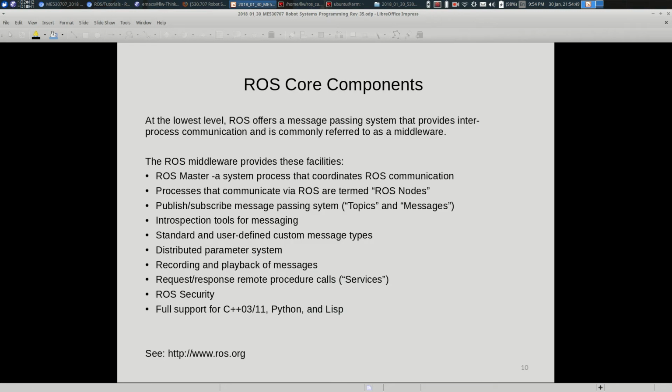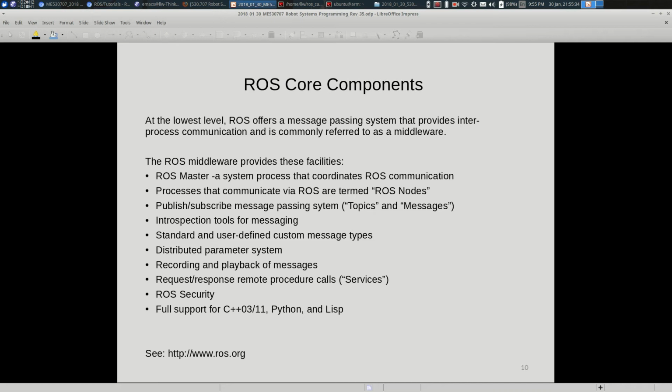So what is ROS? ROS is a middleware. It's not really an operating system. It consists of something called ROS master, and in any ROS ecosystem, there's one or more ROS masters running. They are a process that coordinates communication, and it also coordinates logging. A ROS ecosystem of a robot application running ROS typically has many separate processes that run as individual nodes. So they're separate processes running in separate virtual memory spaces, communicating between themselves over the network